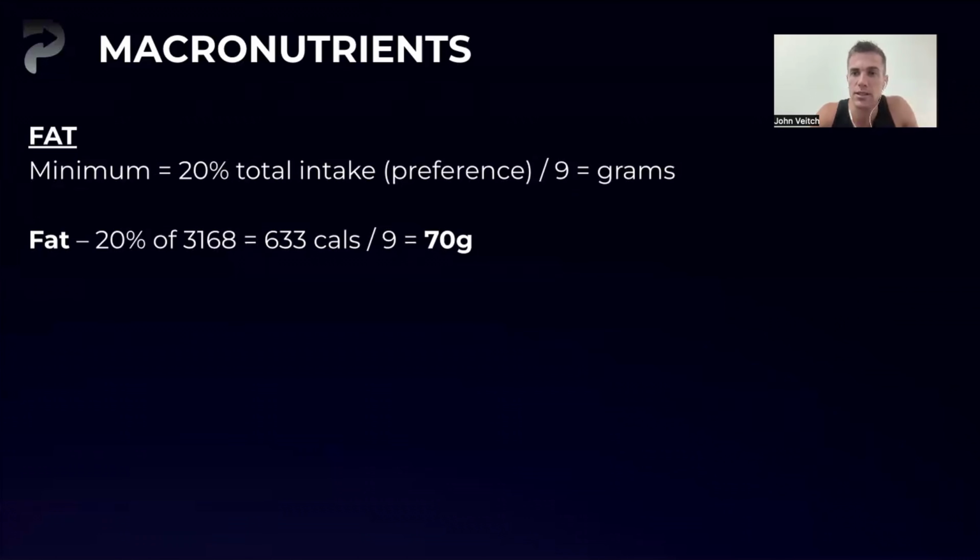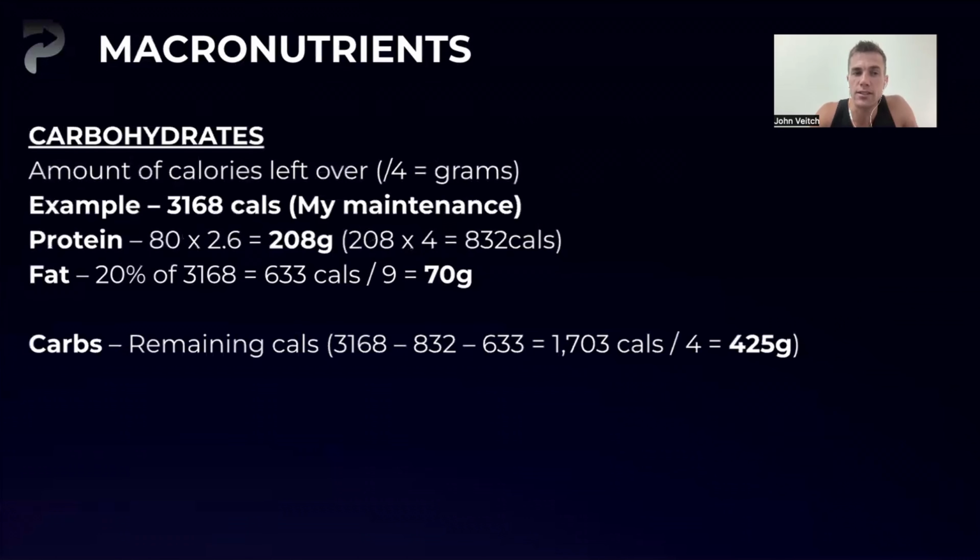Okay, so we have protein, we have fat. The last one is going to be your carbohydrates, which is going to be what is left over. You're going to divide that by 4, because carbohydrates is 4 calories per gram. So from the example of my maintenance, we've worked out the protein, we've worked out the fat, the carbs will